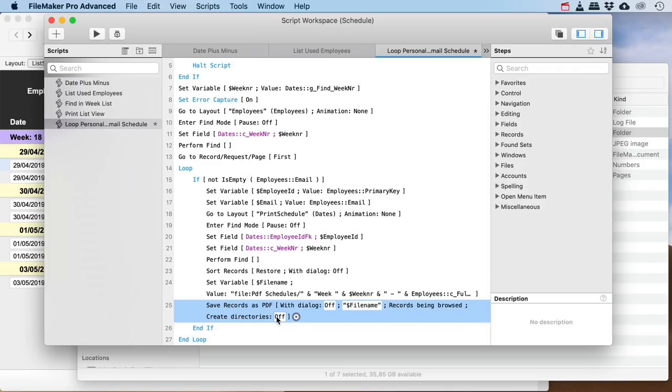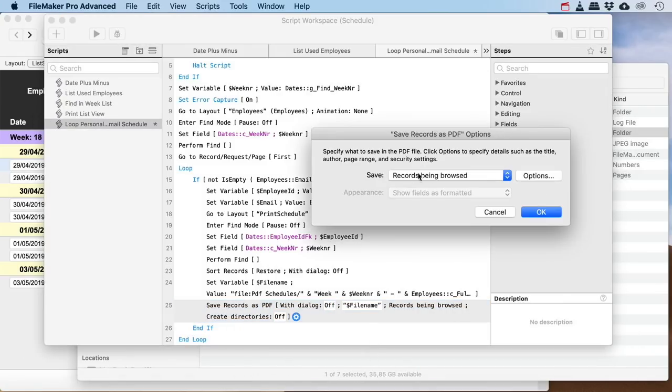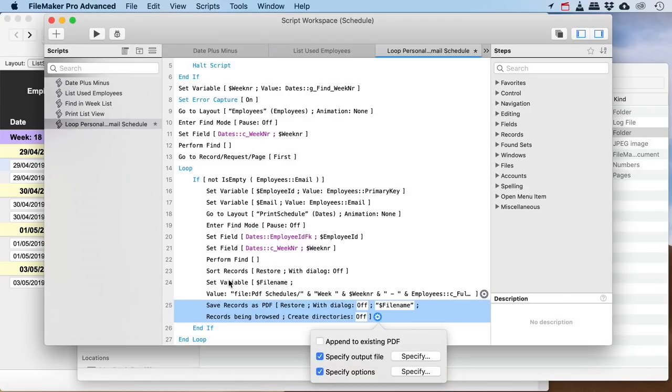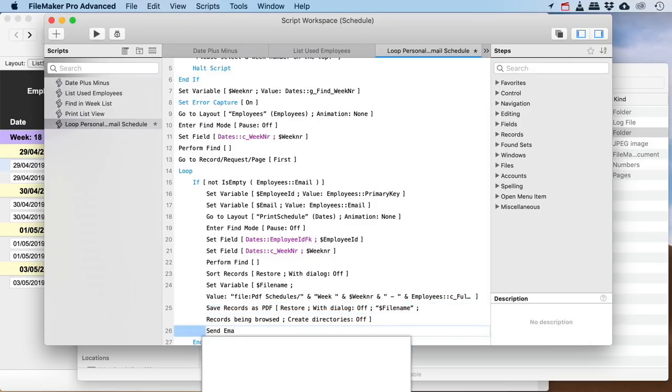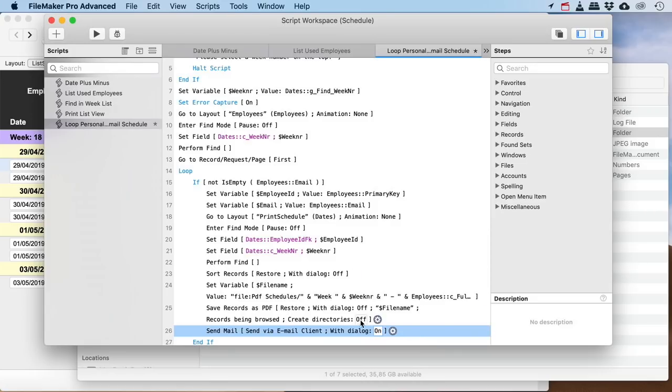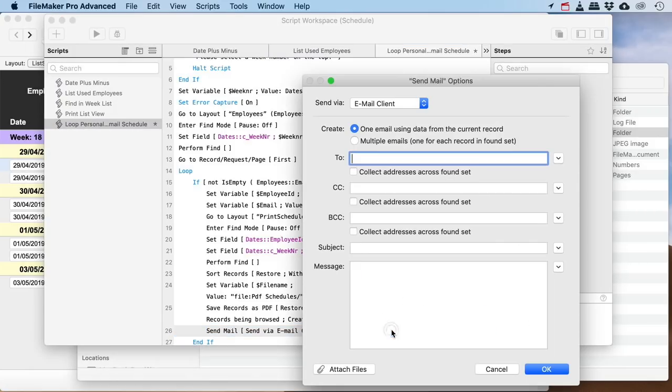Let's see, what else do we have? Create directories is off. Yep, I don't need that. Specify options. Let's do records being browsed. Yep, that's all good. Okay, so then what I want to do is send mail, with the dialog on, that's fine. So now what I want to do is send an email to the $email that I had made before. So $email. And then I want to do your personal